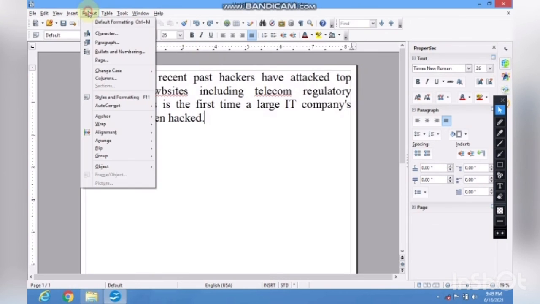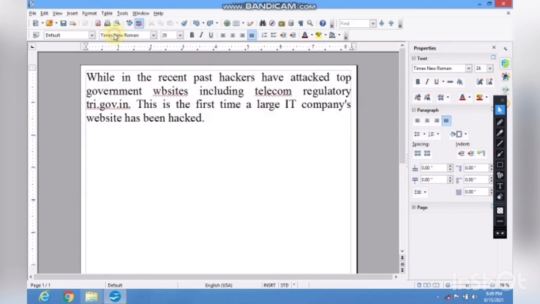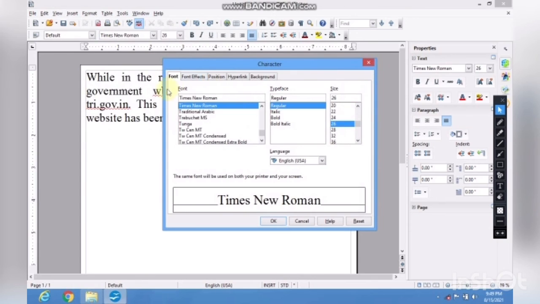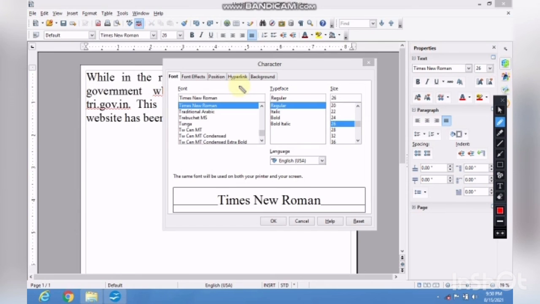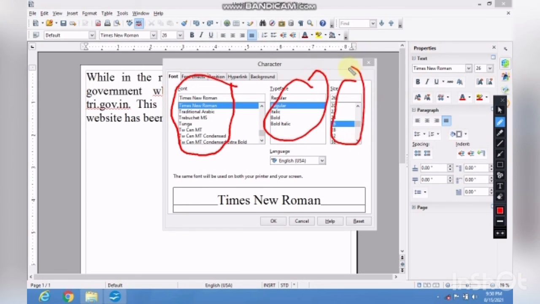Yes, you can have many other options as a shortcut. Okay, we'll go to the format option, and here you have to go to the character option. Okay, so here you can see these are the first menus. You can see the font styles, various font styles, then font face and then font size. Okay, or you can say that this one shows you various font types. Okay, which font type you want to go with. Then this one shows you various font faces, meaning bold, italic, regular, bold italic, both the effects will work together. And here you can have the size option.